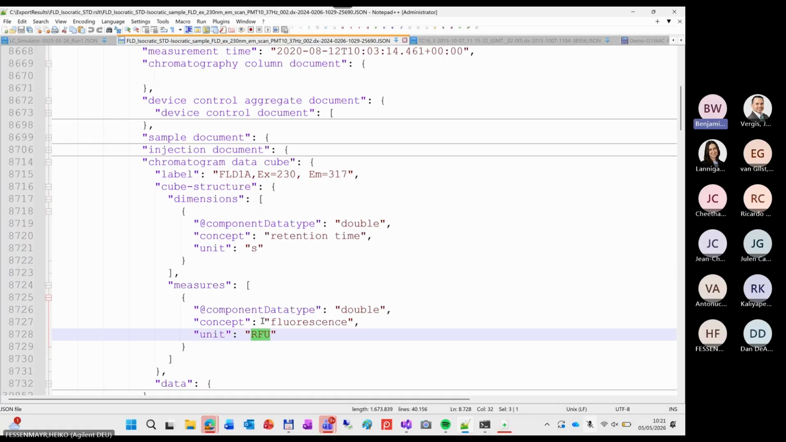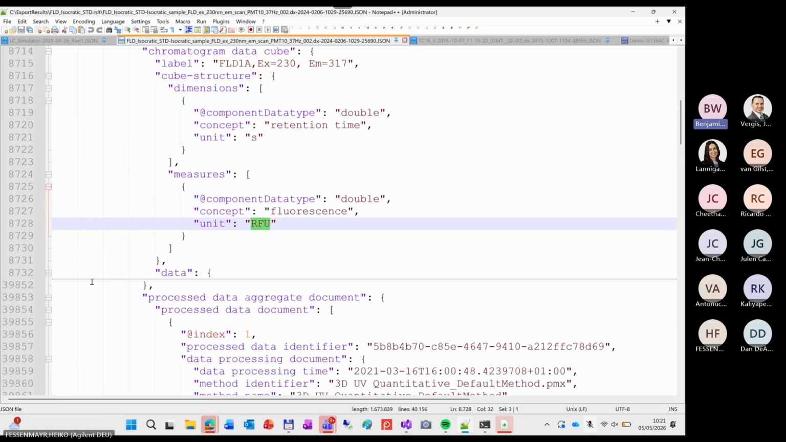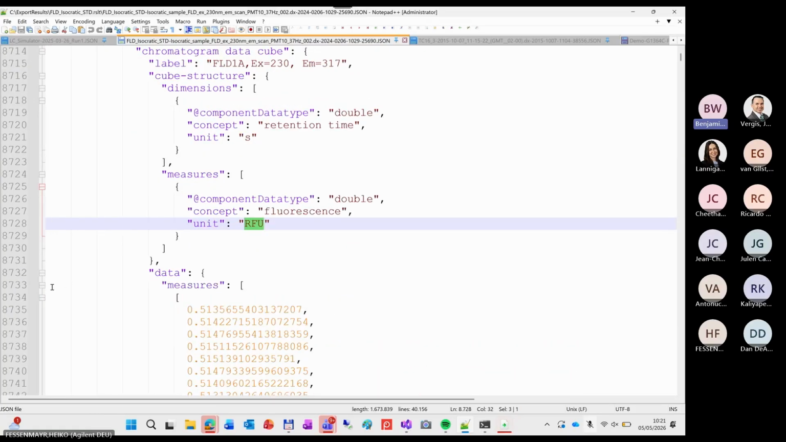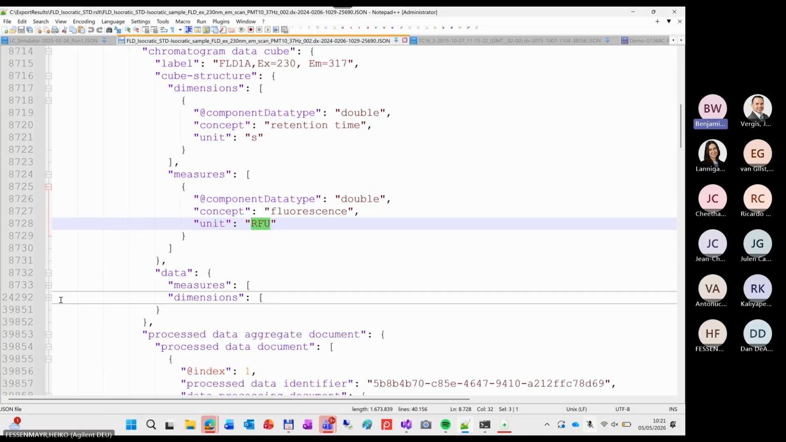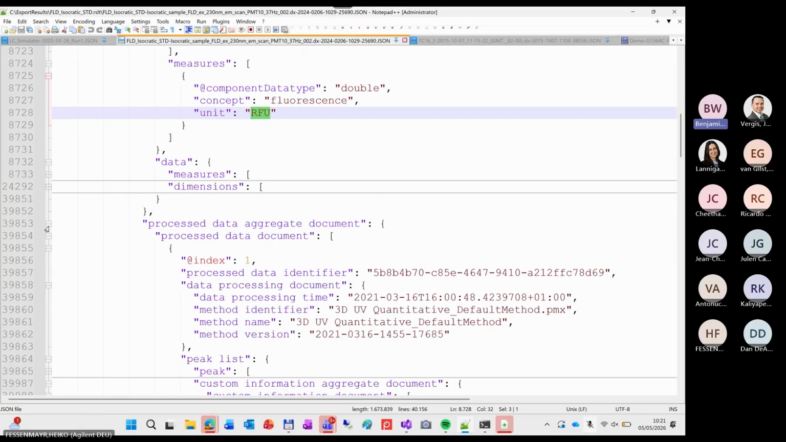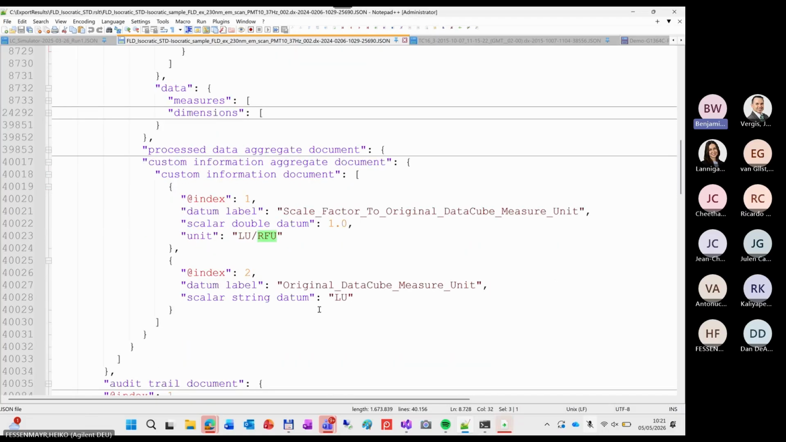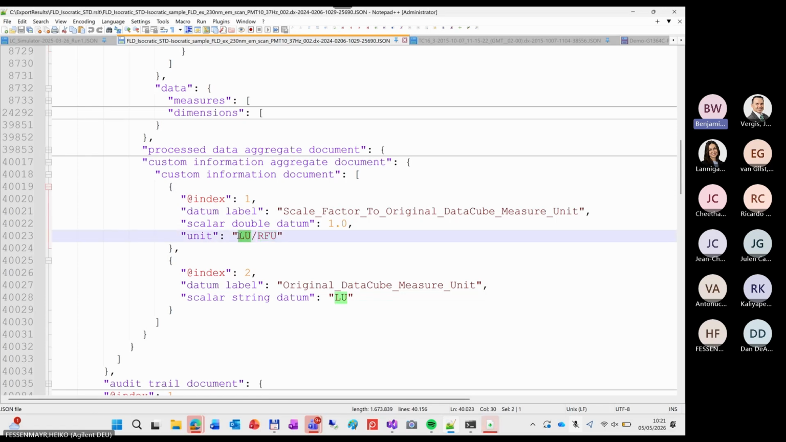So that has been standardized by Allotrope to use that. And since Agilent is acquiring the data in RIU, we have added a conversion, which is basically a one-to-one conversion from RIU to RFU. But if customers want to calculate back from the RFU to the original Agilent luminescence unit, you can use the custom information document to calculate it back to luminescence